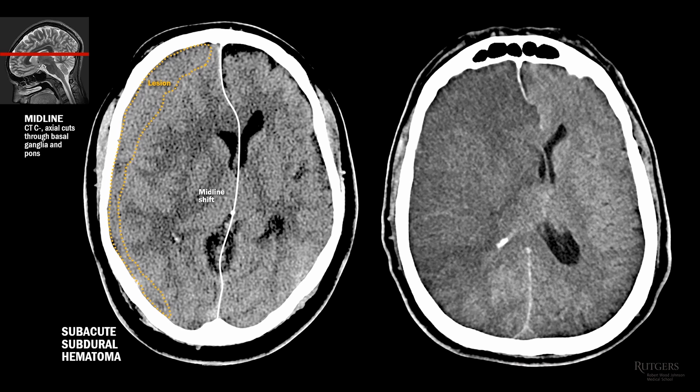What about this image? Again, there is significant mass effect and midline shift. But this time, the lesion is a massive acute right middle cerebral artery stroke. Don't worry about how I figured out what these lesions are. That's for the next section.